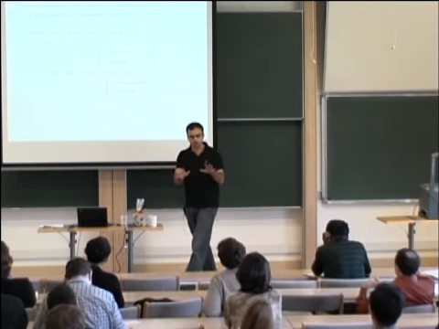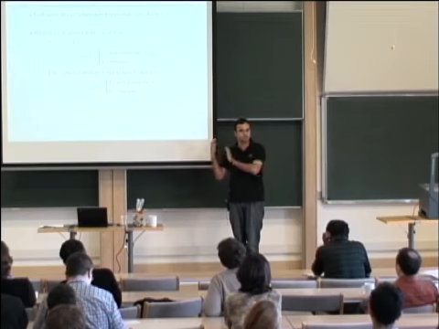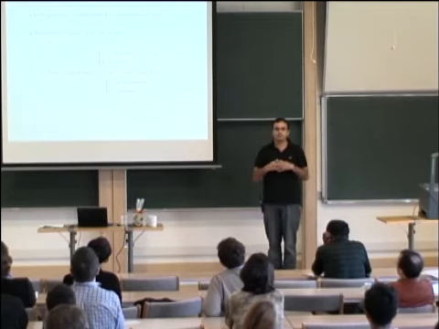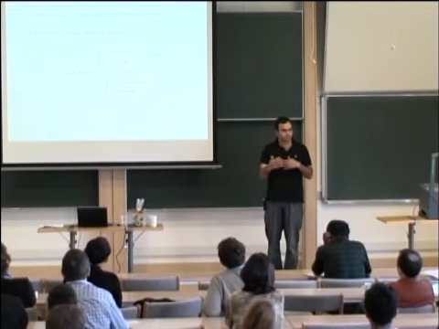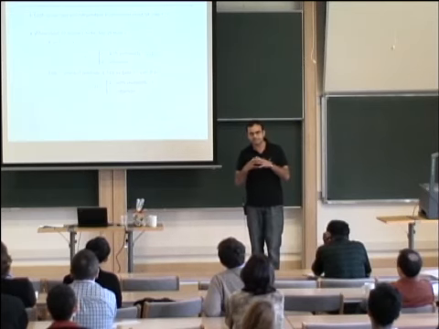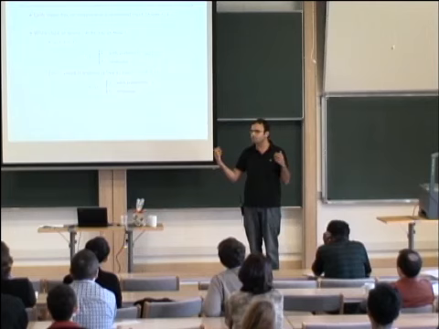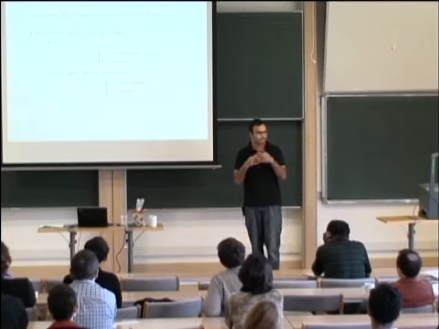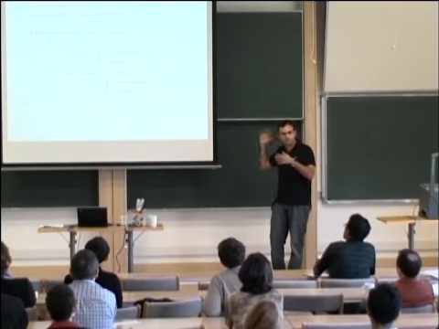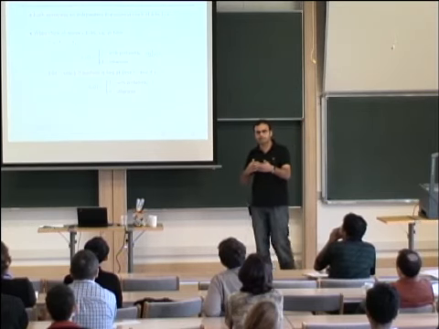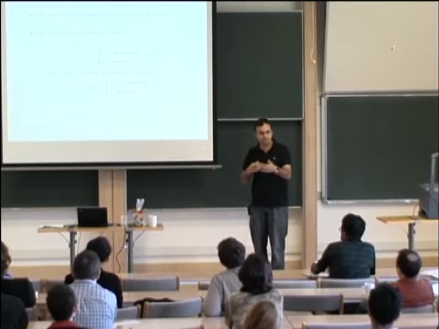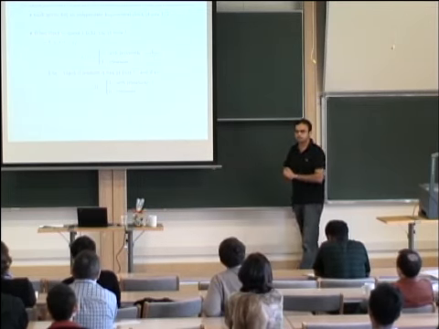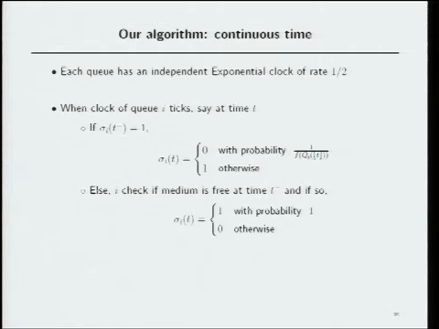I'm going to describe two versions of the algorithm. First, something called the continuous version, and then I'll come to the discrete version. In the continuous version, nodes have carrier sense information: the information whether any of its contending or interfering neighbors is transmitting. It will have that information instantly available. On one hand, it's an idealized assumption, but it will be easy for me to explain. Then I will describe the version where that information is not immediately available, that is, it's delayed, and that is the discrete time version. So let me start with the continuous time version.